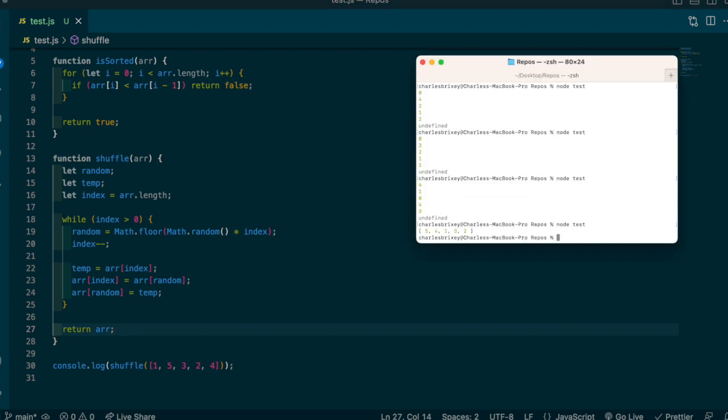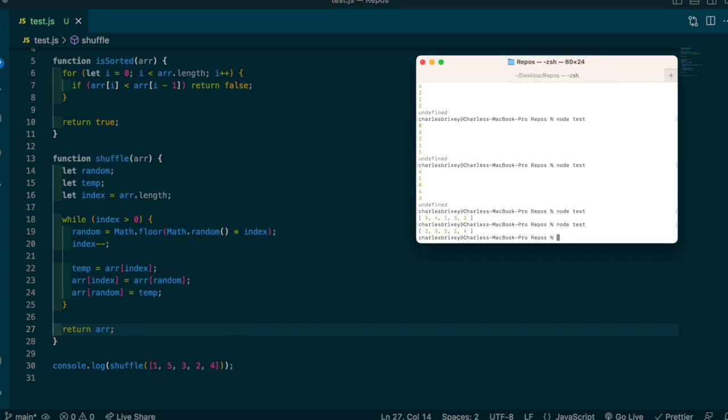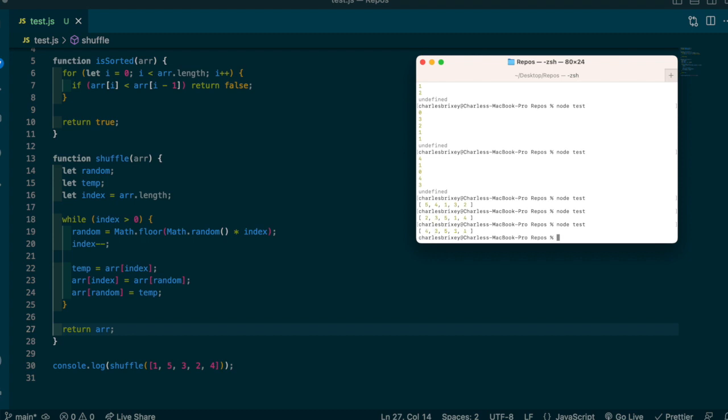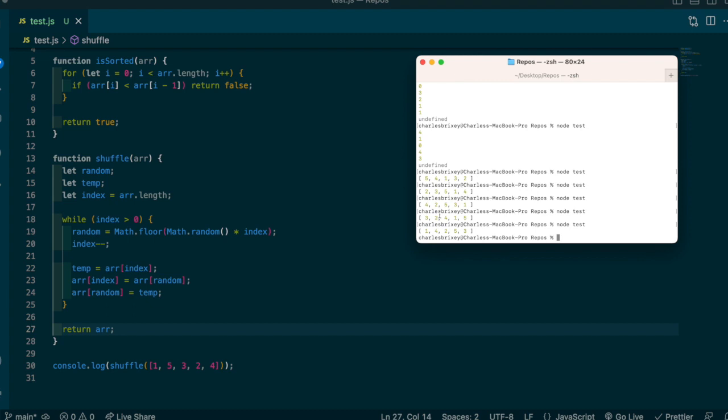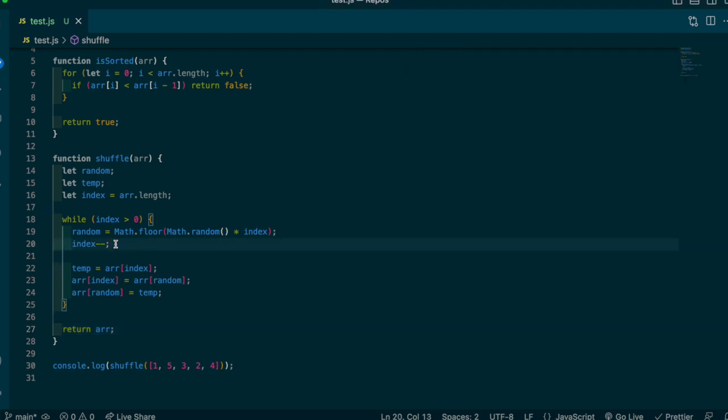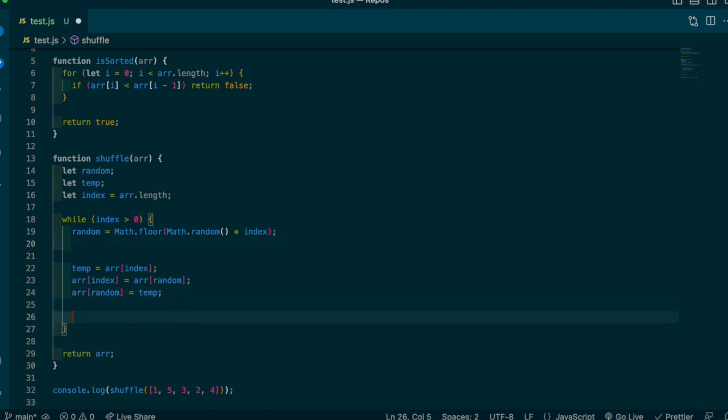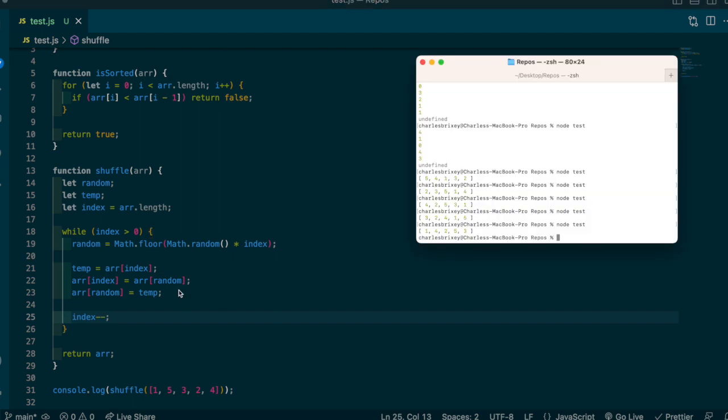Let's see what happens. That looks good. Notice we're just randomly shuffling our array into a random sequence of numbers. But I want to show you why it's so important to decrement the index right away. Because if we were to decrement it down here in the while loop, look what happens. You see that undefined value? It's undefined because random sometimes could be set to,